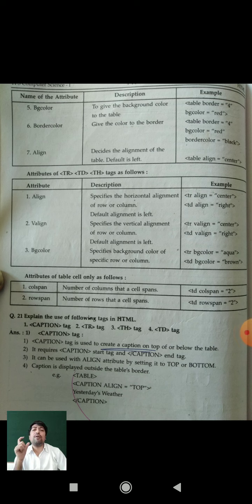Yesterday, in the last video, we discussed the title tag, and we also watched the description of the first simple table program.